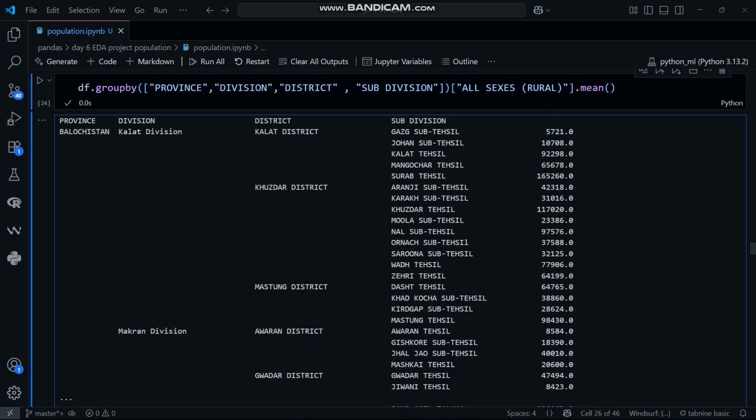Suppose in one house there are five people living, in the next house there are 10 people living, and in the next house there are 15 people living. So it will tell the mean. 5 plus 10 plus 15 is 30, and divided by 3, it gives us the answer 10. So on average 10 people are living in the three houses. Likewise it is giving us the mean. Suppose there were 10,000 houses in this Gazg sub tehsil, and on an average in this tehsil